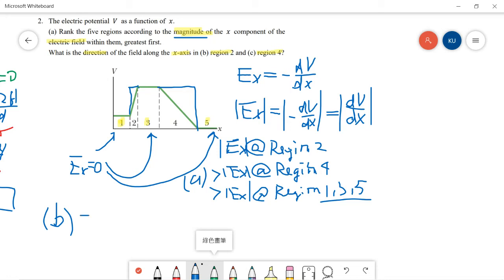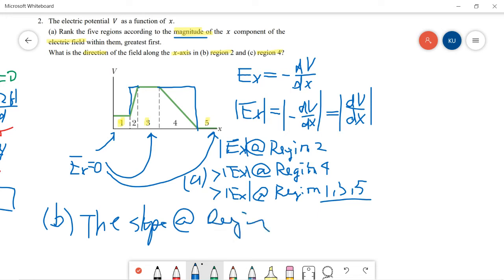Actually, the slope at region 2 is larger than 0. Larger than 0, right? Clearly right. Larger than 0, which means that Ex should be smaller than 0 in this case. Ex is smaller than 0, so it should